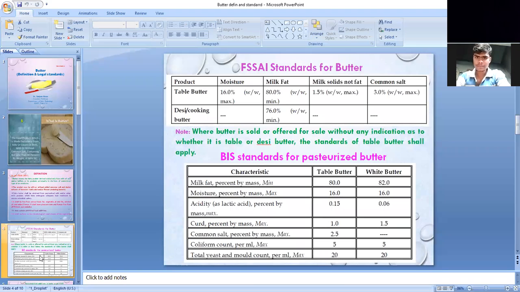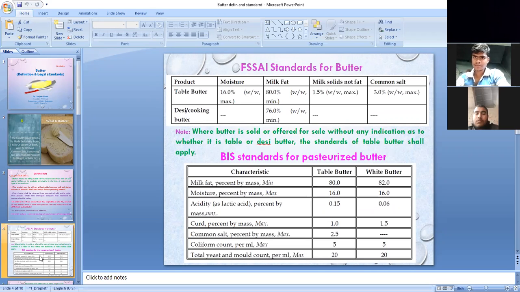Similarly, in the case of table butter, the milk fat is not less than 80%. Whereas in the case of cooking butter or desi butter, also called makhan, they contain a minimum of 76% fat. So with respect to milk fat, both are actually different. Similarly, table butter can contain